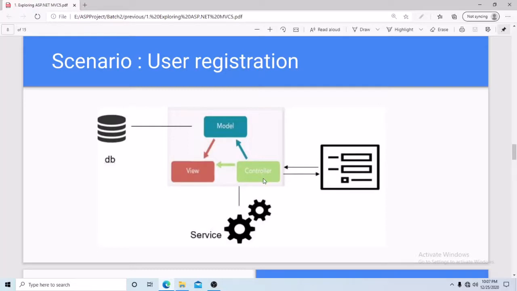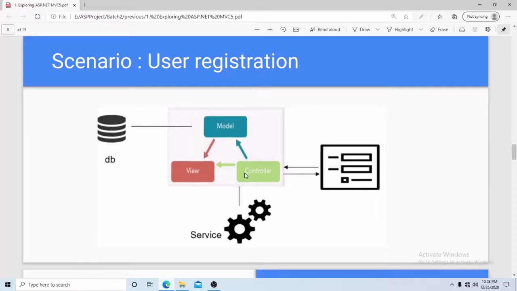So the controller will see it's a user registration request, so the user registration model will be directed. Now here the only concern of the model is to deal with the data. It deals with the database and renders the model which we are going to use in our view. So the model will check whether this user is an already existing user. If not, it will save it to the database,